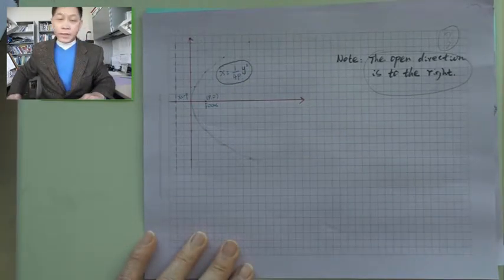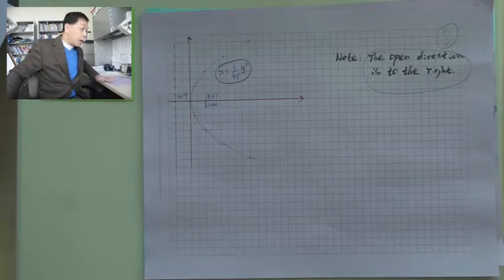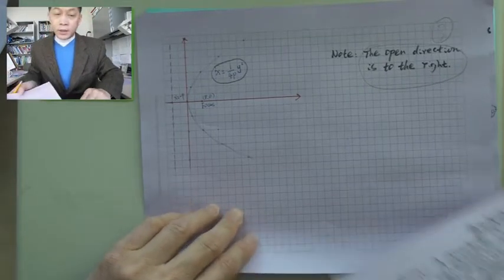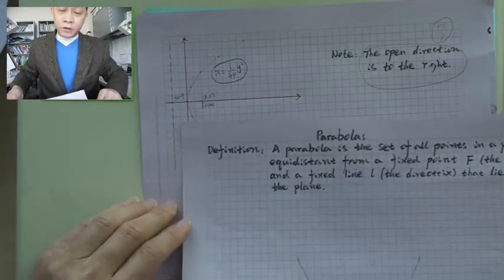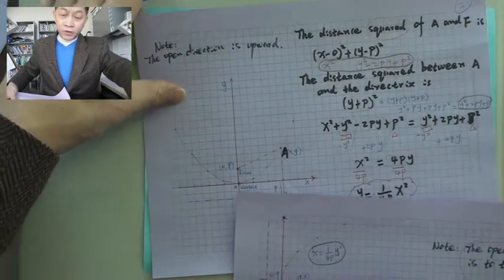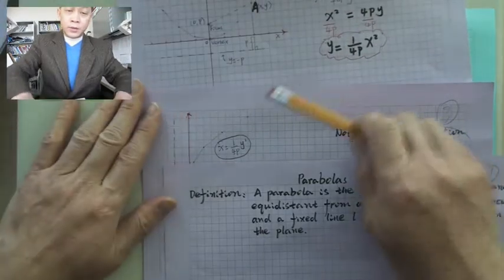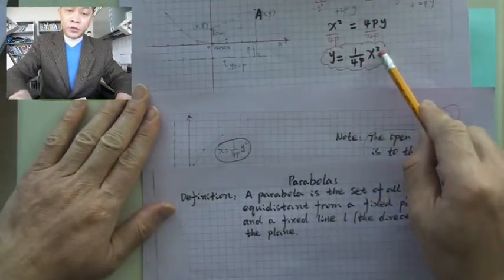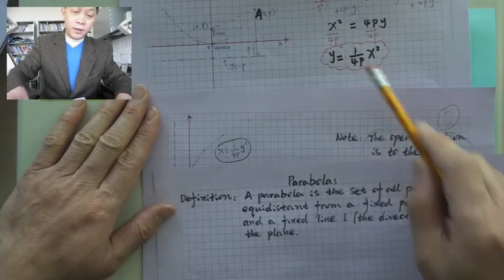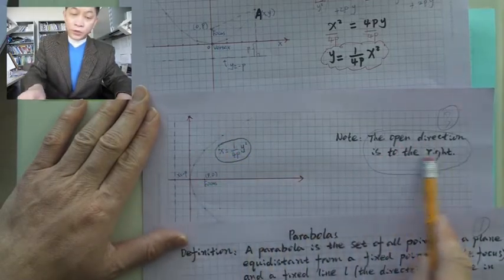So next time, we'll talk about the applications and give you examples about the parabola. Here we have talked about the definition of the parabola and the standard equation for the vertical one. It looks like that: x squared equals 4p y. And then for the horizontal one, where the open direction is to the right,